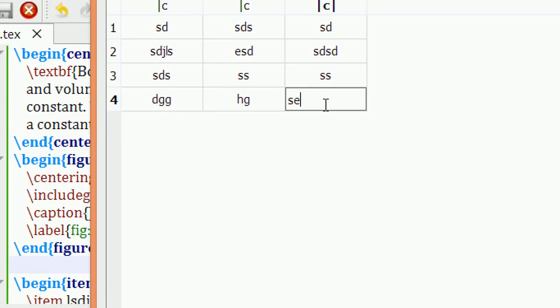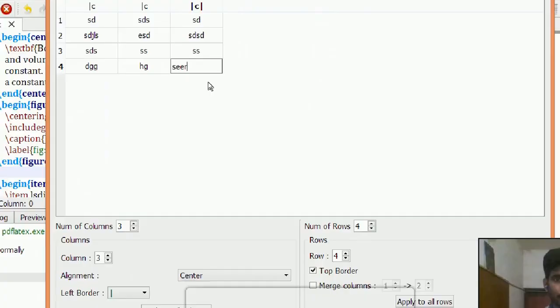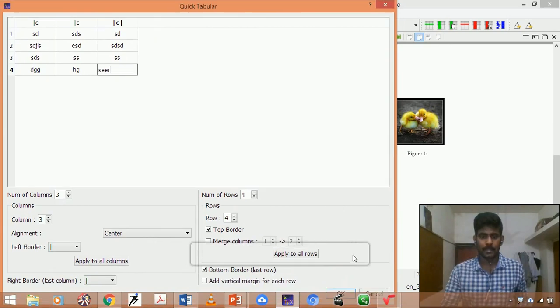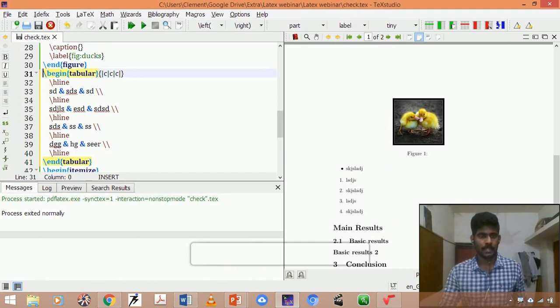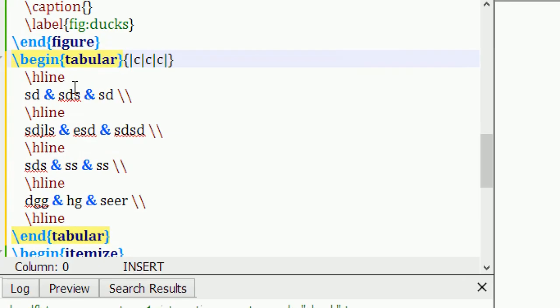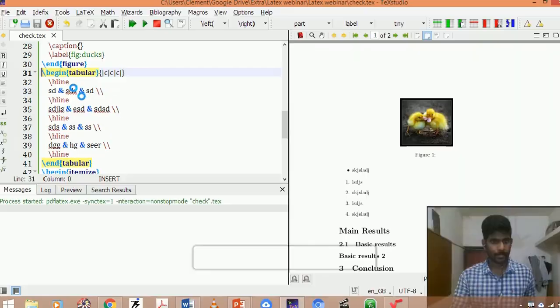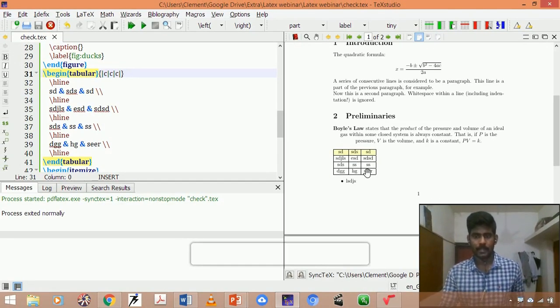Yeah, I fed something to fill the column cells. Okay, next, after this simply I can press OK. After this it was generated as code. It is not needed to memorize any codes. Simply by using your Text Studio tools, you have generated one table. If you compile it, yeah, see here it was generated, one nice table.